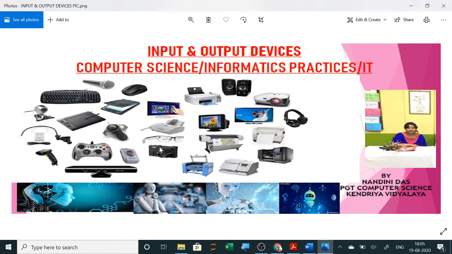Same way there are writing pads, then web cameras, digital cameras, joystick, so many input devices you have seen here. Now other than these input devices, these are the output devices which give you output in the form of hard copy, in the form of sound, or on the screen. These days braille keyboards and screens are also there, so those who are visually impaired can use the braille keyboard as well as the braille monitor or screen. So we will do one by one. Let us go through the theory portion.